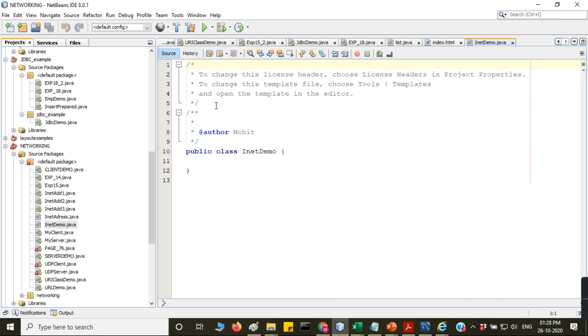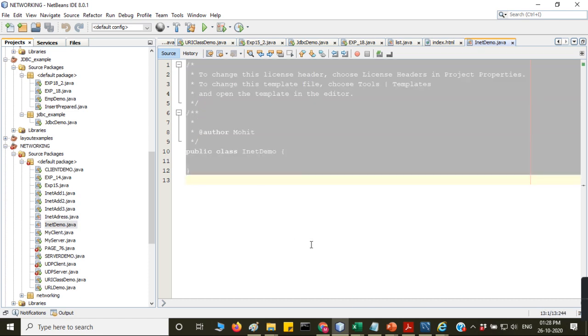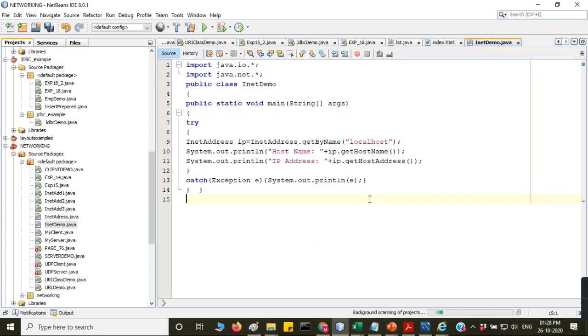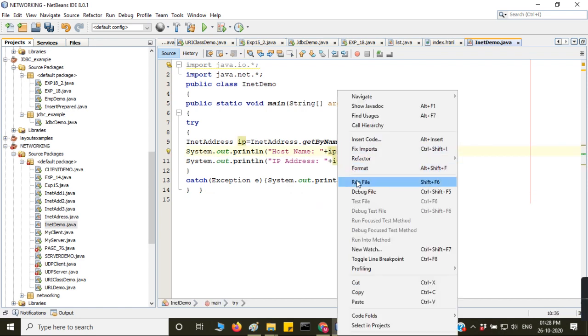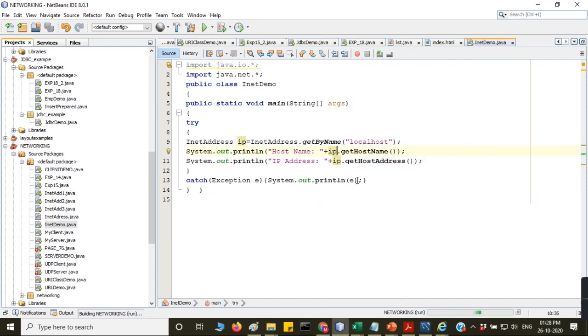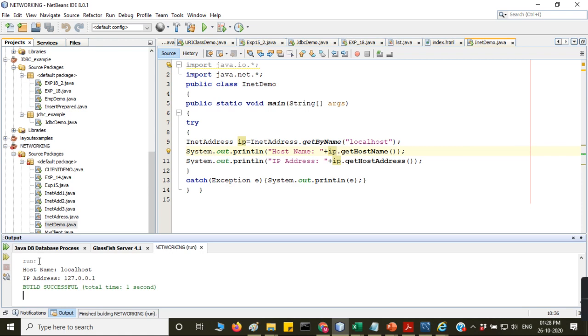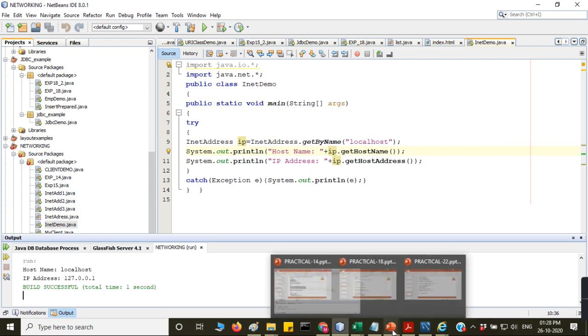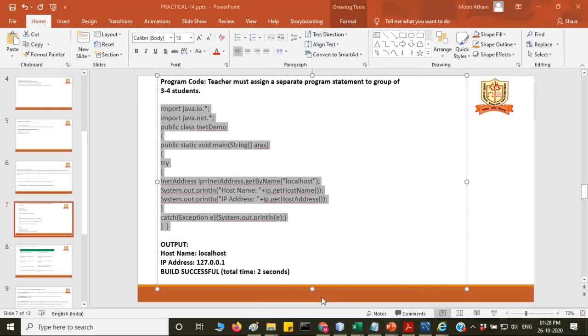Just demoing this and then running it. See, the host name is localhost, and the IP address is this. Is it clear? So, and then 14.